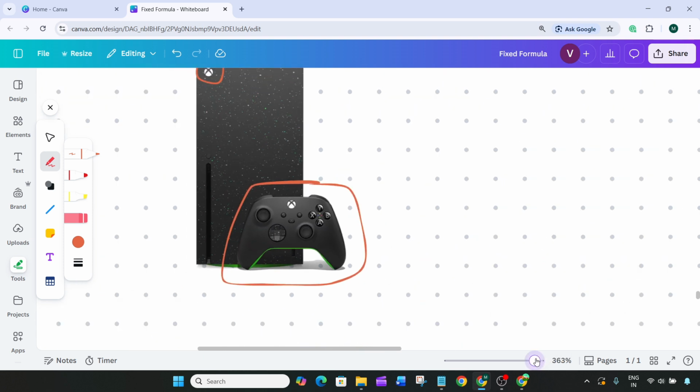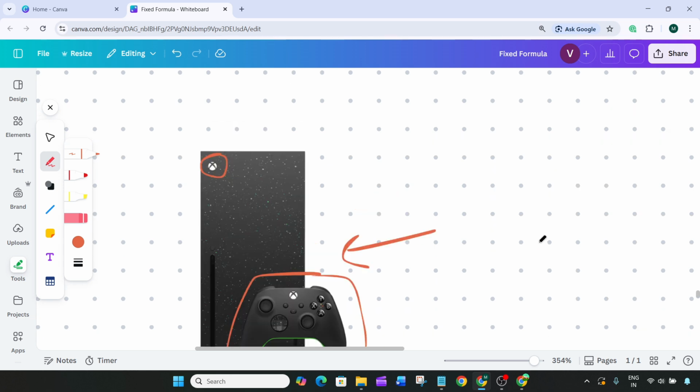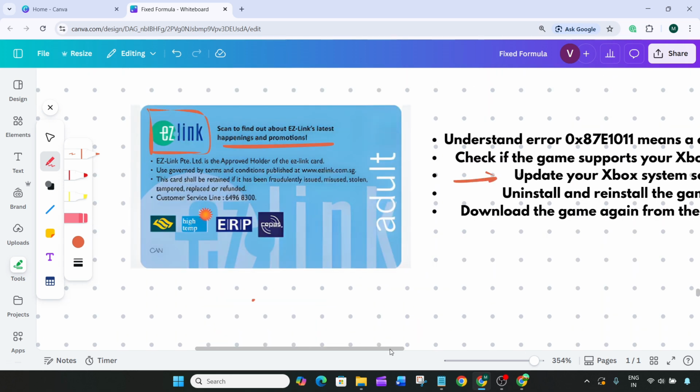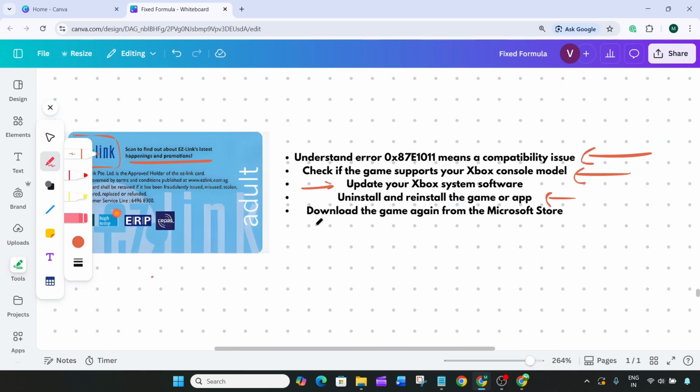Most importantly, confirm game compatibility. Some games are designed only for newer consoles, like the Xbox Series X or Series S, and will not run on Xbox One. Check the official Xbox website or the game developer's page to verify whether the game supports your